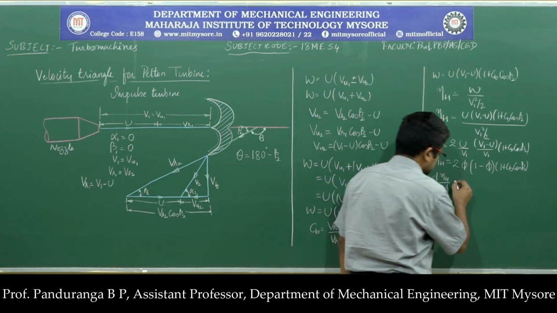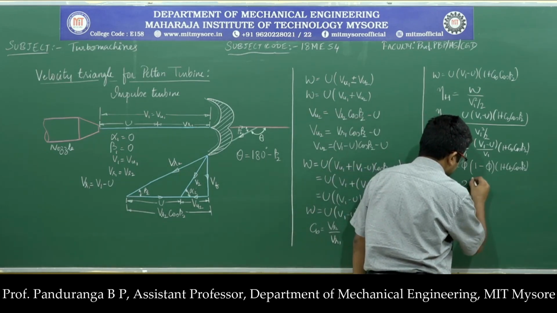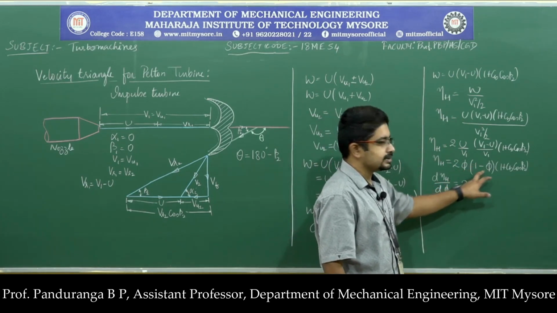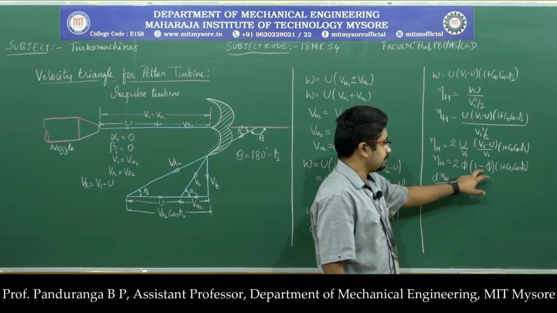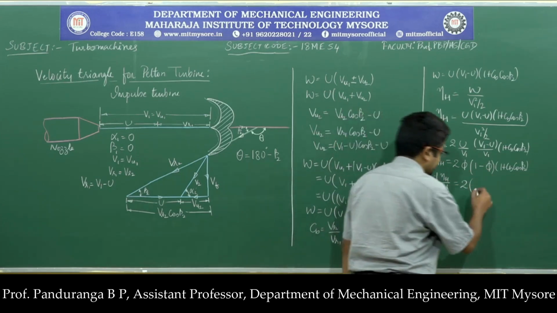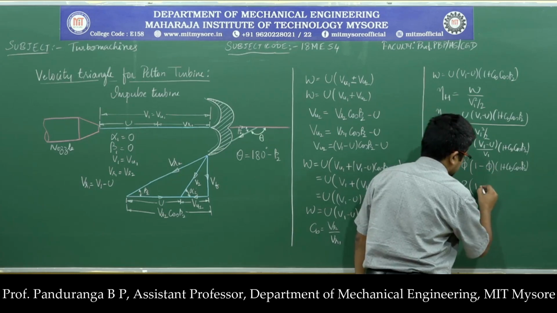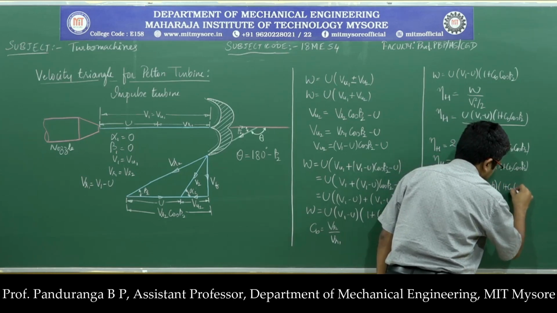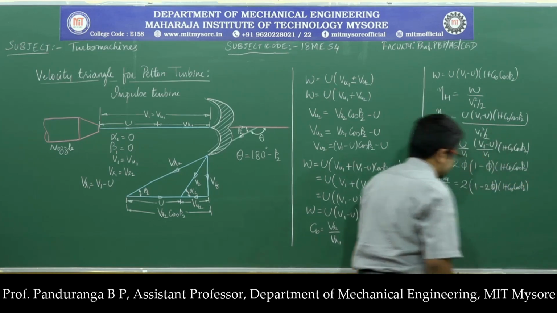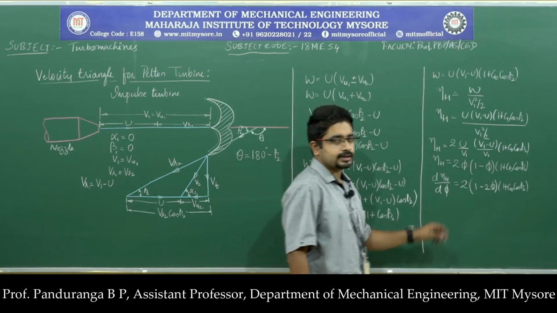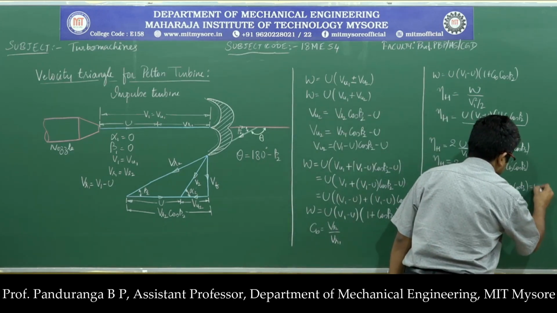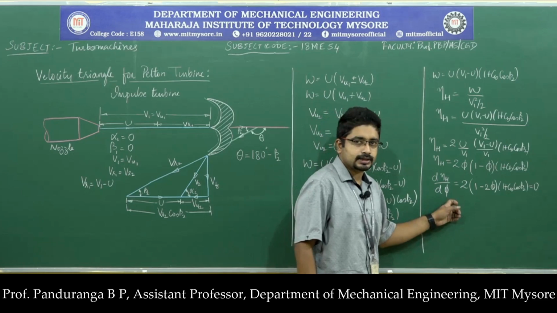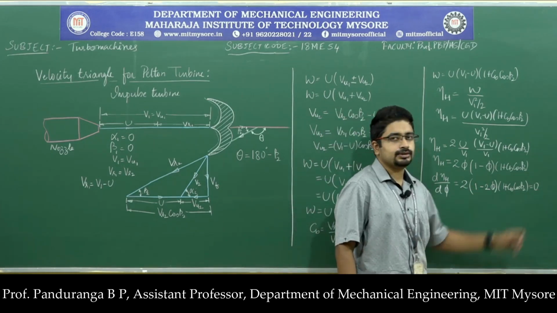So when I do that, I can write this as 2 into, before differentiating, I will multiply phi inside. So it becomes phi minus phi square. The differentiation of phi is 1 and the differentiation of phi square will be 2 phi, into (1 plus CB cos beta 2), and this should be equal to 0 to get the maximum value for eta h. To maximize the function eta h, we need to differentiate this and equate it to 0.